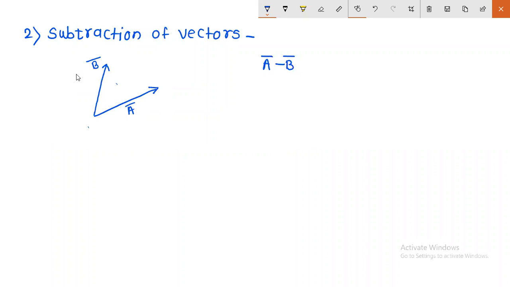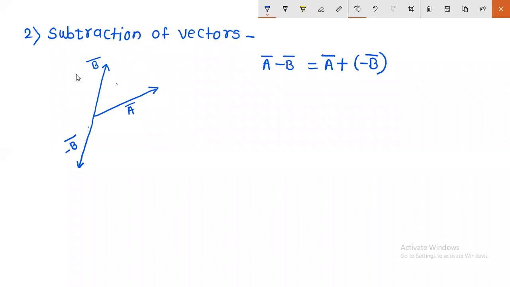Simply like your plus x-axis and minus x-axis. So this is the plus b bar vector. If you draw one vector in the opposite direction of b bar, this vector is minus b bar, right? Now you can add these two vectors, that is plus a bar and minus b bar. So a bar minus b bar is nothing but a bar plus this minus b bar.